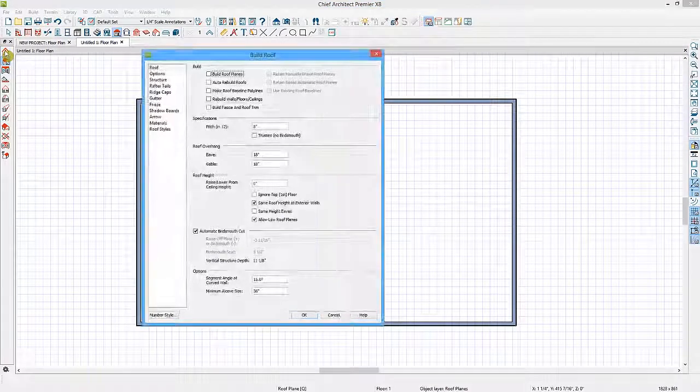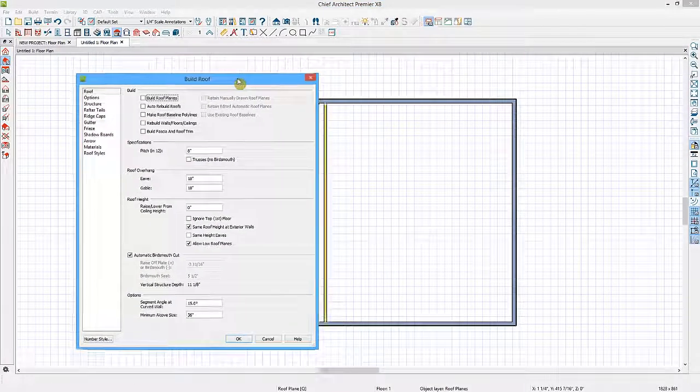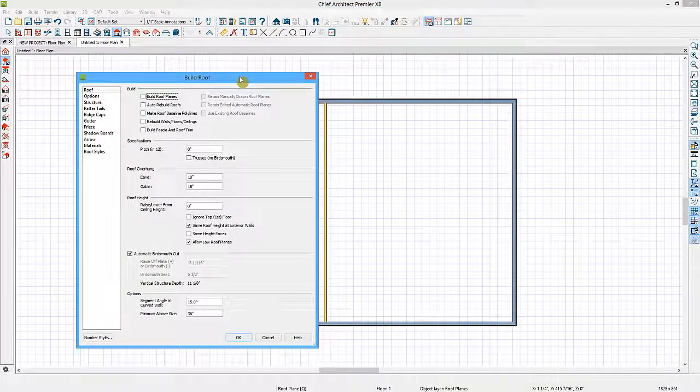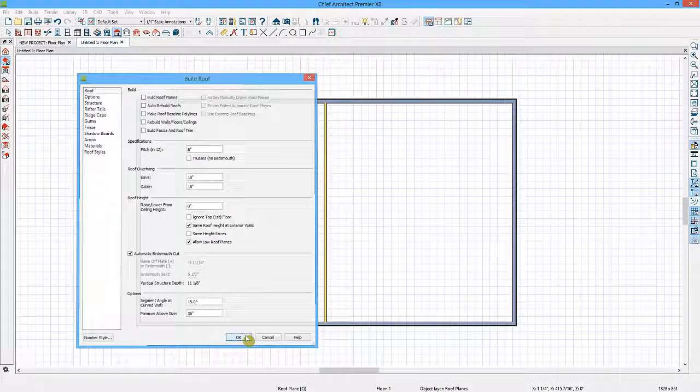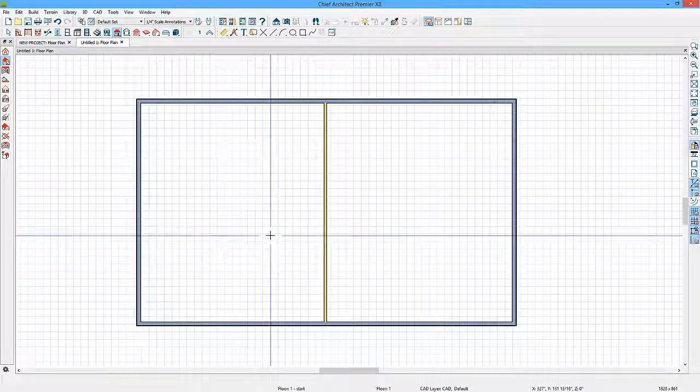The Build Roof tool gets its information for how to generate the roof from 3 different places. First of all, the Build Roof tool sets up the defaults for how this roof will build. Right now, the default pitch is set at 8 and 12. The default overhangs at the eave and the gable are set at 18 inches. There are other things you can set as default when you build the roof. If I go ahead and click OK now, Chief is not going to build the roof, but I've set the